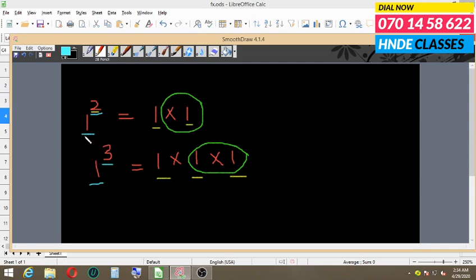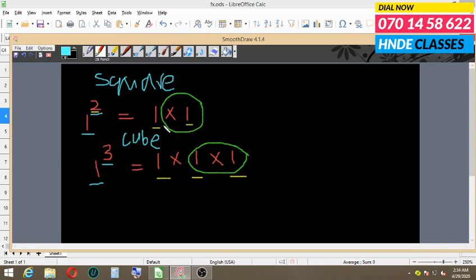Any base to the exponent 2, we call it the square. Any base to the exponent 3, we call it the cube.